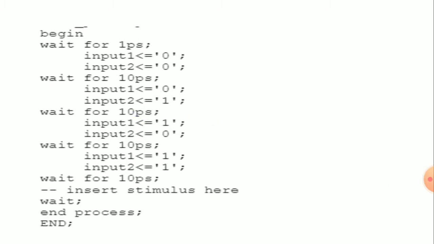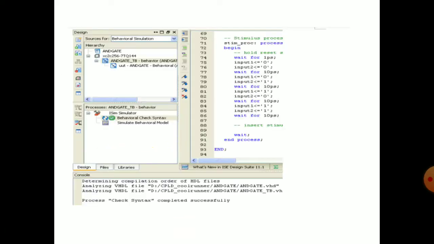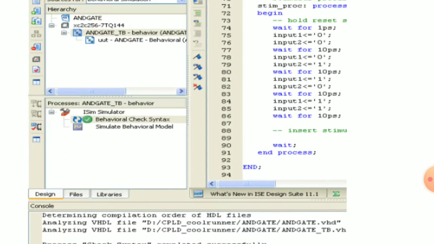Okay, this is the test bench code. In the second part it displays and_gate_tb as the file name, the VHDL test bench code in the AND gate project. Finally, in the behavioral ISE simulator, we have to select this one.